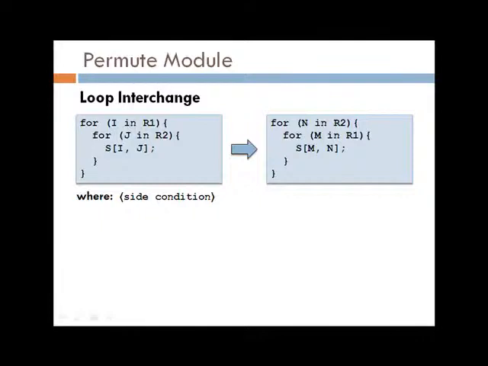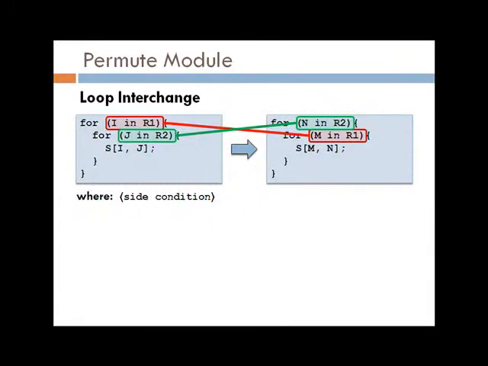Here's an example of an optimization that is not structure preserving, loop interchange. This transformation swaps the order of an inner loop and outer loop so that the original program iterates over R1 and then R2, while the transformed program iterates over R2 and then R1. To prove such optimizations correct,